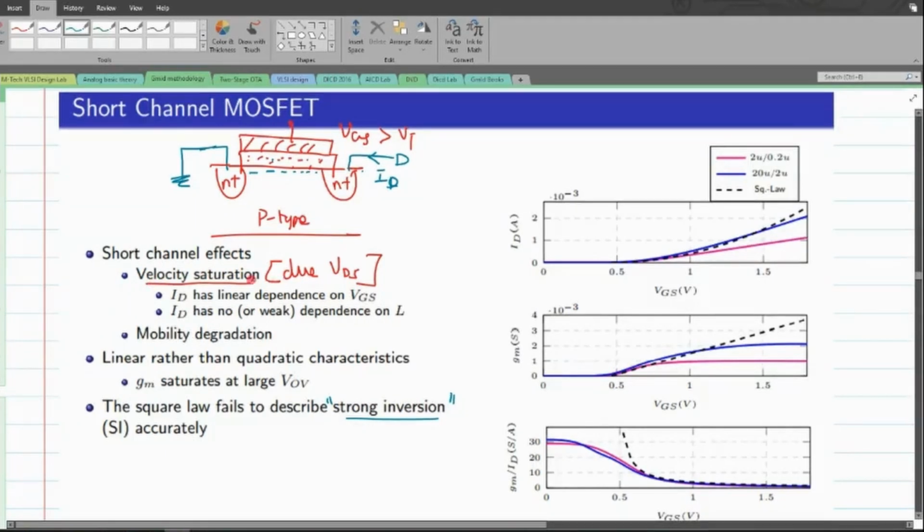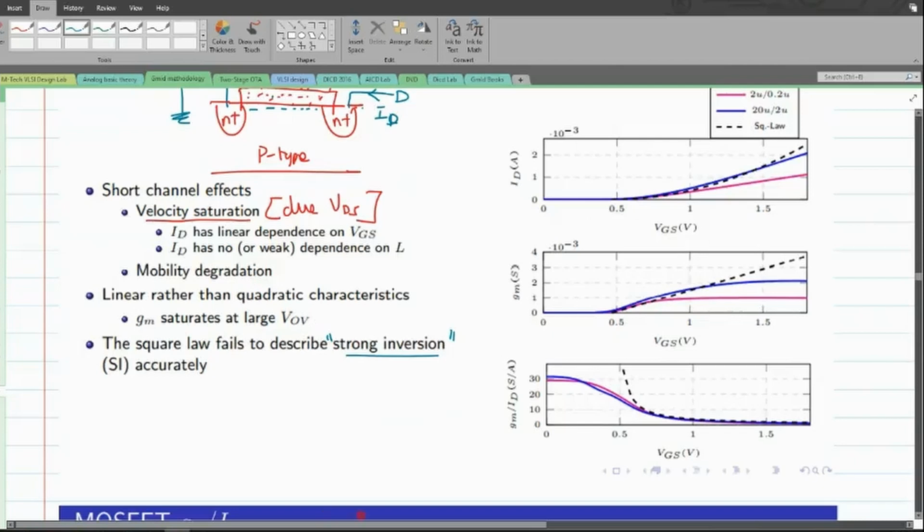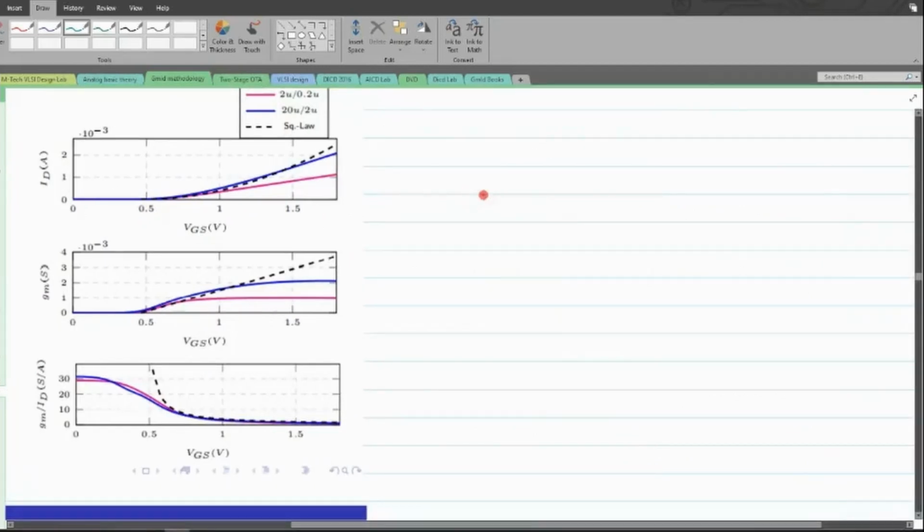Whenever we deal with shorter channels, one of the most important secondary effects that plays a major role is this velocity saturation effect. So let me spend some time to talk about this. What do we mean by velocity saturation effect? A velocity saturation effect can be related to the drift velocity and the electric field. So let me write this as V, which talks about the drift velocity towards the y-axis.